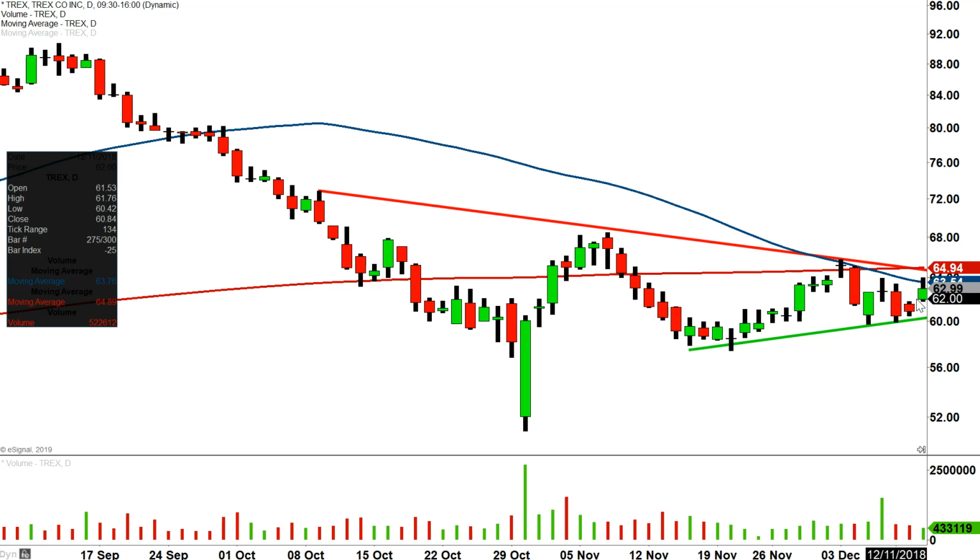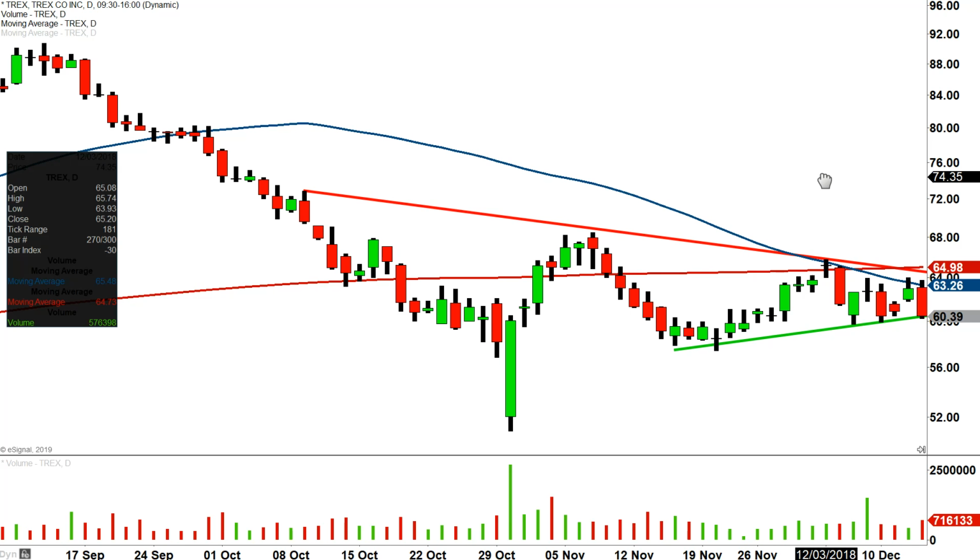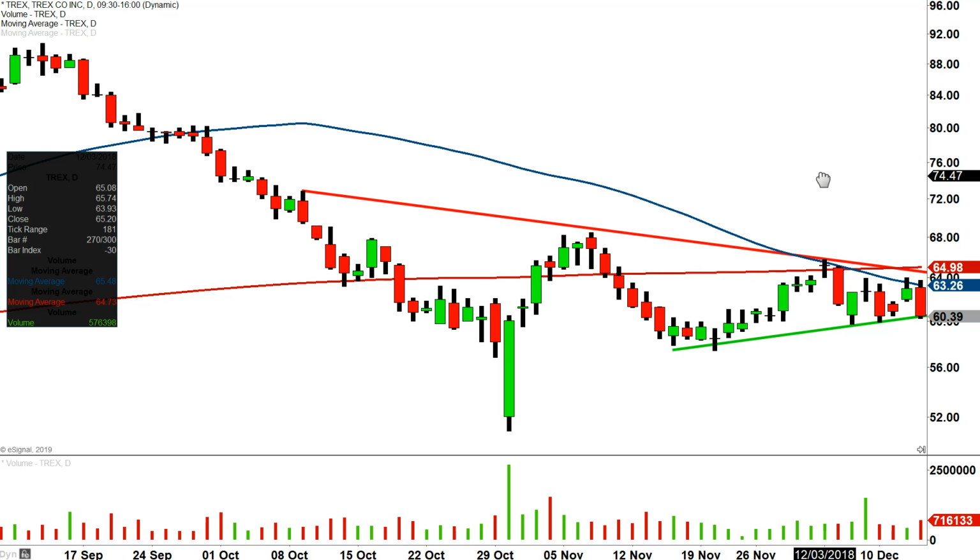Now, am I saying that everybody would have played it perfectly and known to play this little miniature bounce? Of course not, and I'm not going to base any calculations on that, because you could very well have been thinking, well, good, I got in at the trend line. Now let's see if it can bounce and get a breakout. But maybe taking some profits off the table. That's not unrealistic. But the point is, I'm going to consider this where you got in maybe down around there,